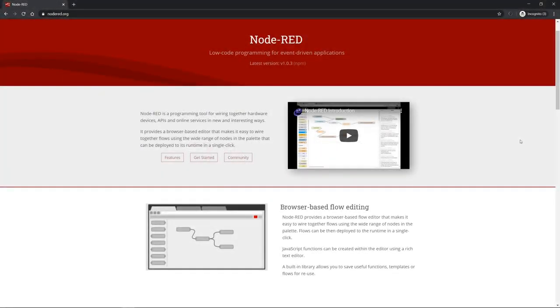in the next video. Node-RED is a browser-based programming tool which enables you, with the help of flows and a graphical programming interface, to create functions and small programs relatively easily. So this helps to collect data from different sources, to process them, and in the end to forward them to